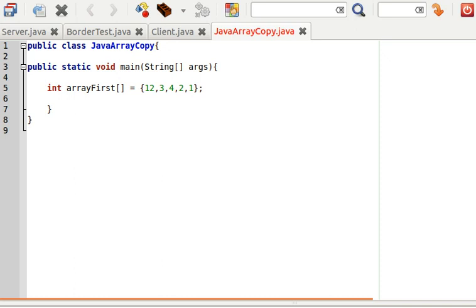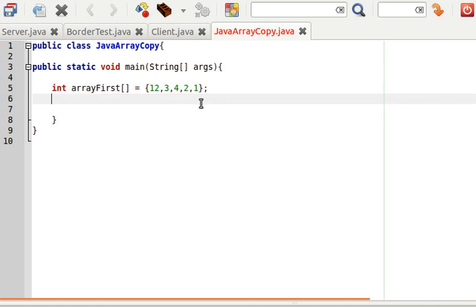Now there are some ways that you can do this, but there is a wrong way that people might think is a valid way of copying values in an array from one array to another, but it's actually wrong. So I'm just going to demonstrate the wrong way of doing it, and then we'll look at the right ways to actually copy values. For instance, you can go ahead and create your class and your main method,